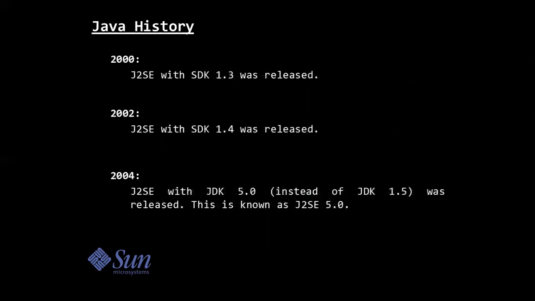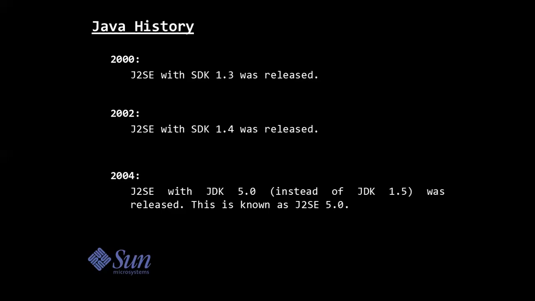In 2000, J2SE with SDK 1.3 was released. In 2002, J2SE with SDK 1.4 was released. And in 2004, J2SE with JDK 5.0, instead of JDK 1.5, was released. This is known as J2SE 5.0.